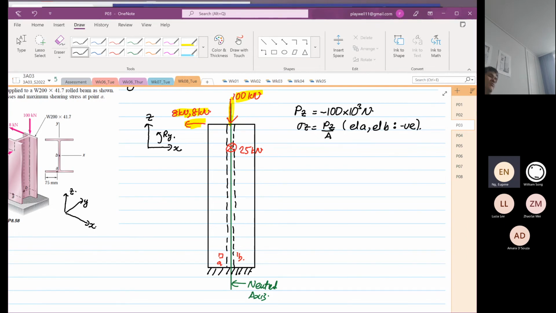Is it going to be tensile or compression? You write all this down. Then you look at the 8 kilonewton, twice. So we know that there will be a moment in the y direction. Right, there's a moment there, and the force